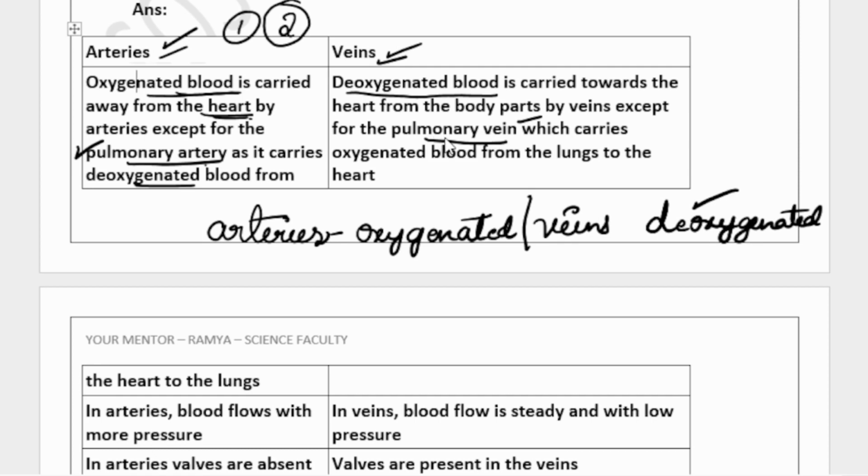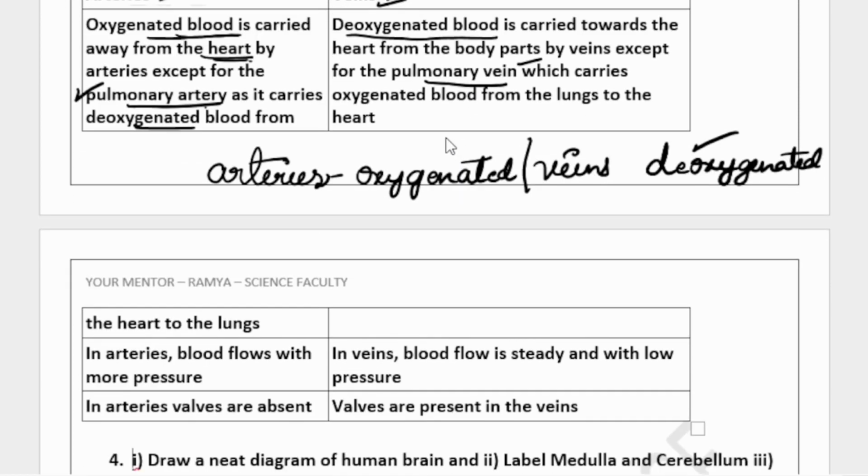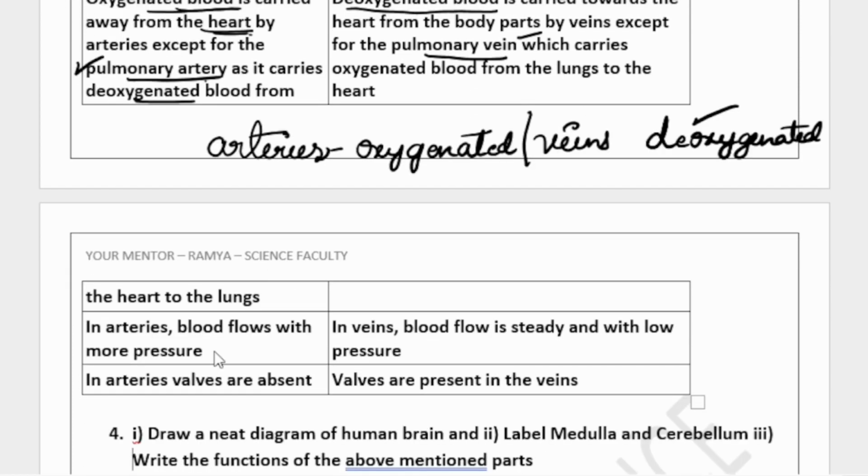This is the first difference. Arteries carry oxygenated blood from the heart to all the parts. Veins carry deoxygenated blood from different parts of the body back to the heart. So the next, what you write: in the artery the blood will be under more pressure, because